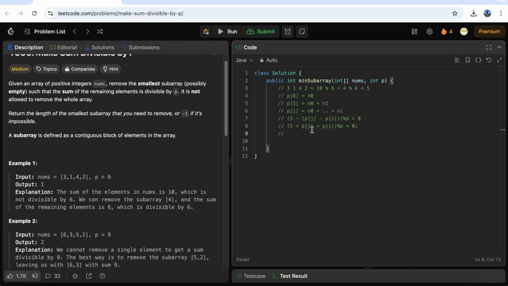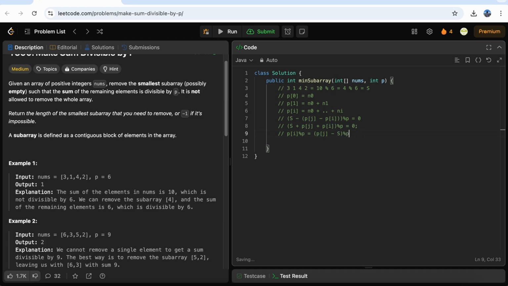Now what we have to find is, for the current index j, an index i such that after taking modulus with p, we will get 0, right? So taking prefix sum of i to the left hand side and the other elements to the right hand side, we will get prefix sum of i equals prefix sum of j minus s, taking modulus